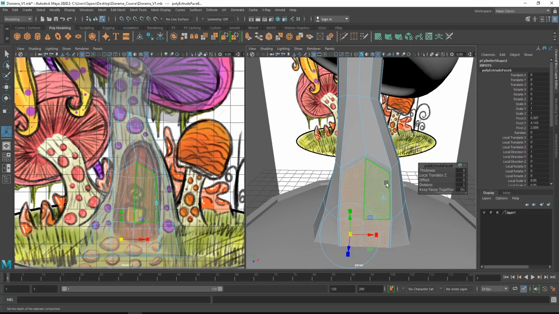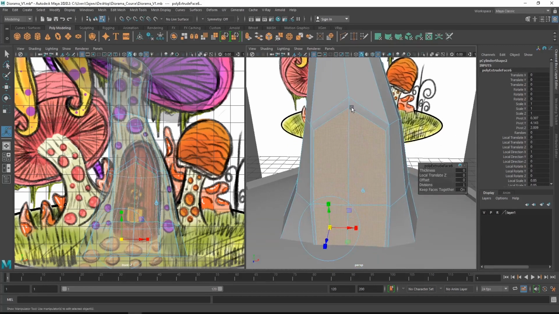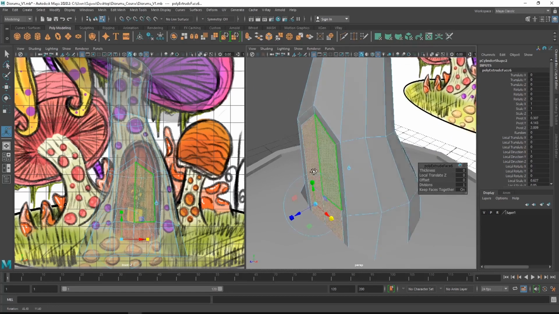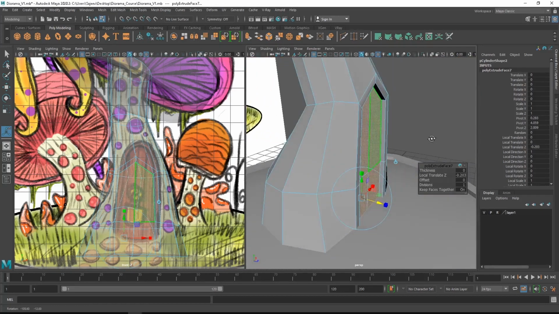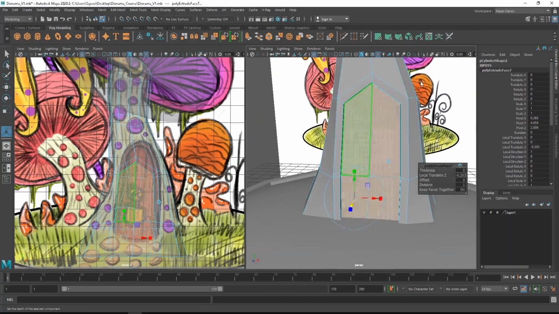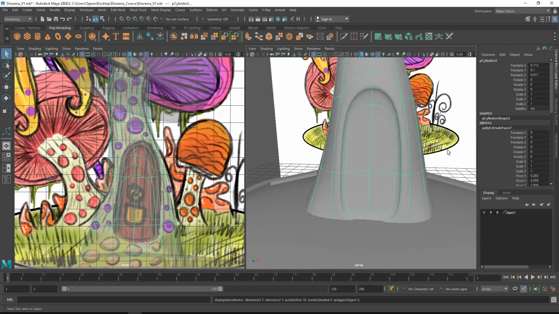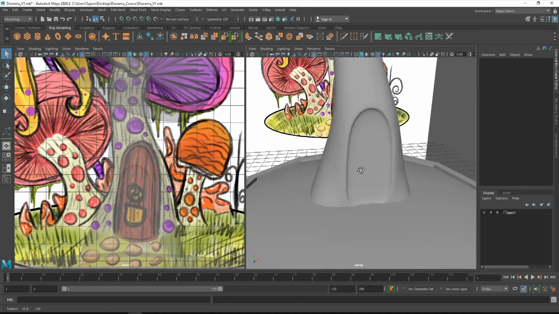After that, you can see the top area has more space between the edges compared to the side. So you can scale from the side slightly, so both the top and side will match properly. Once that is done, you can press G on the keyboard once again, and you can just slightly move it inside. So we have a door kind of design. Once that is done, if you press 3 on the keyboard, you can see how the final door